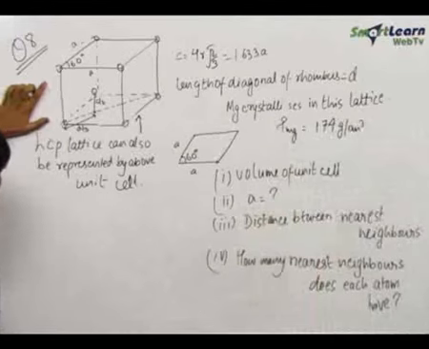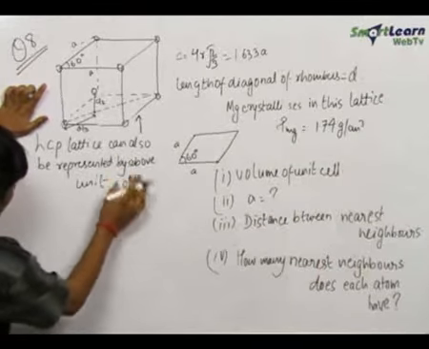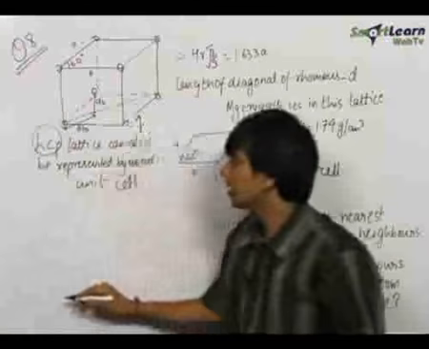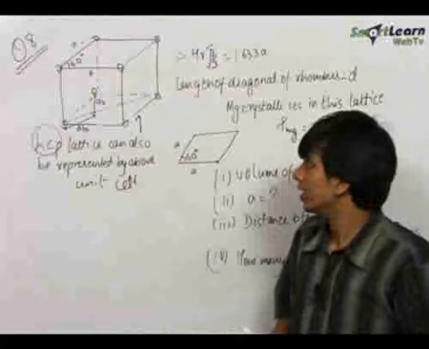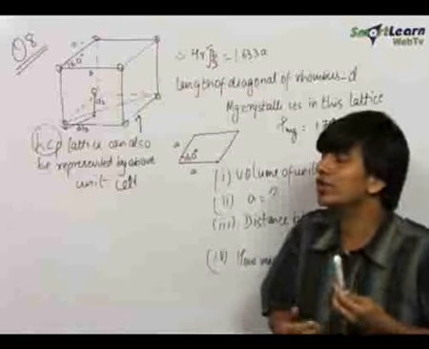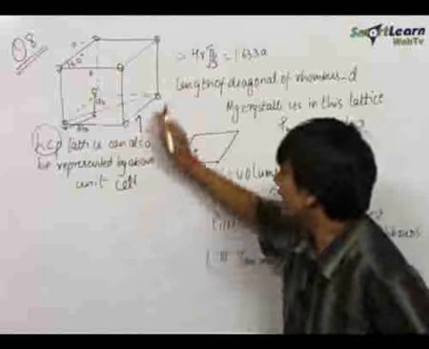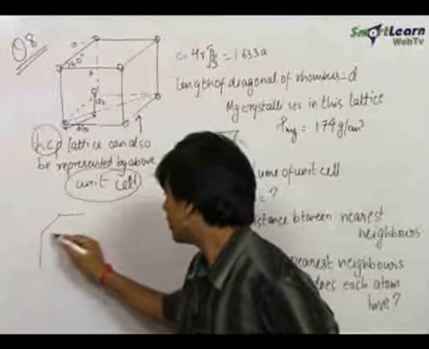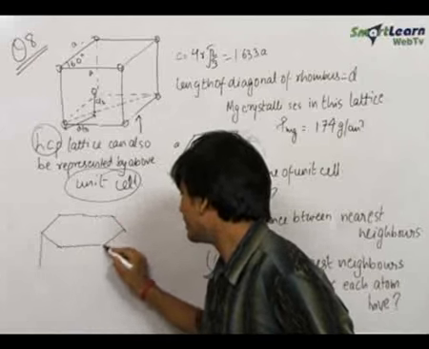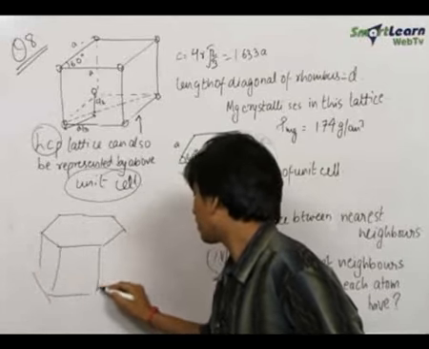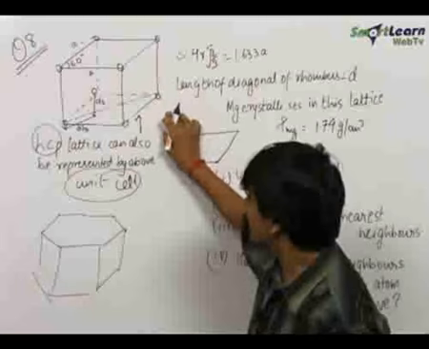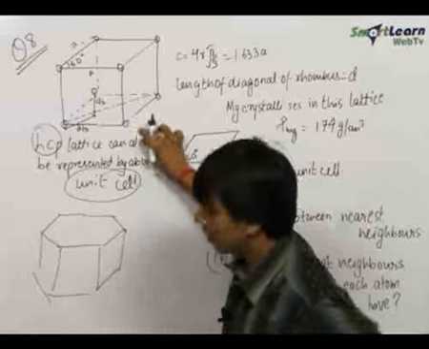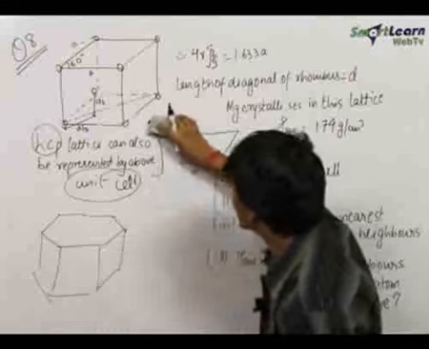So in this unit cell, what we learn most importantly and firstly from this question is that for a particular hexagonally close packed structure, there can be more than one unit cell. It depends on the way you visualize it and break it to find a unit cell. We had earlier seen that a unit cell for a hexagonally close packed structure could have been like this. But now we see that the hexagonally close packed lattice can also have a unit cell like this. Now let us analyze this unit cell